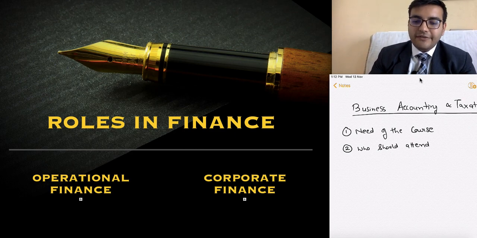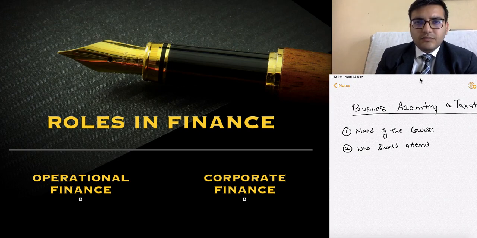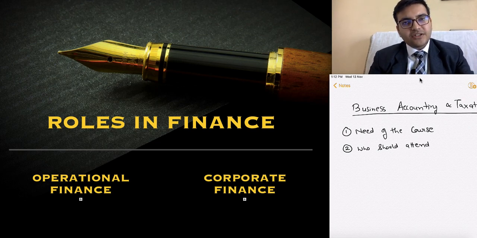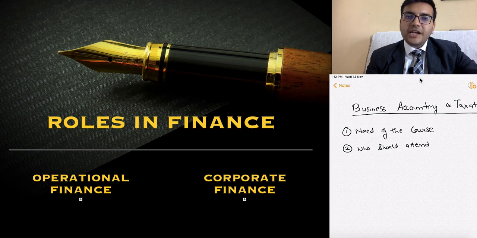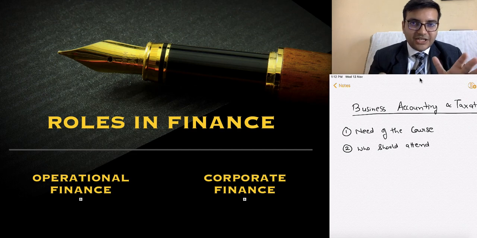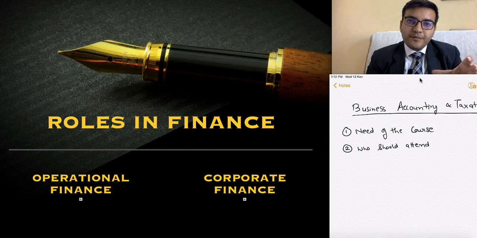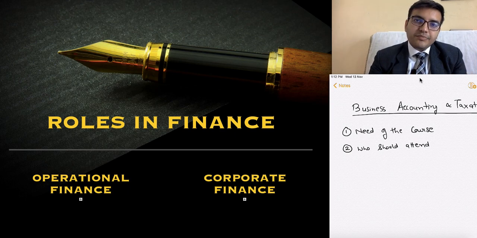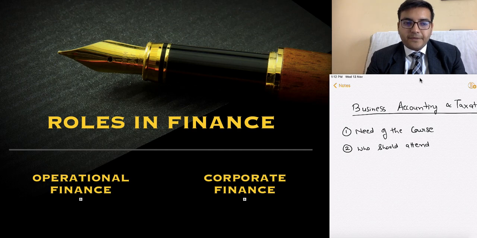Like for an example, if I give you an example of a hotel chain like Marriott, okay, Marriott has its hotels throughout the world. Now in each and every hotel there is a finance team, an operations team, an engineering team, front office, sales, etc. Every hotel has the complete team, right? Now the main focus of the finance team situated at Marriott Mumbai is to maintain the profitability of that Mumbai hotel, not the hotels throughout. Okay, so that is the operational finance role of that team.